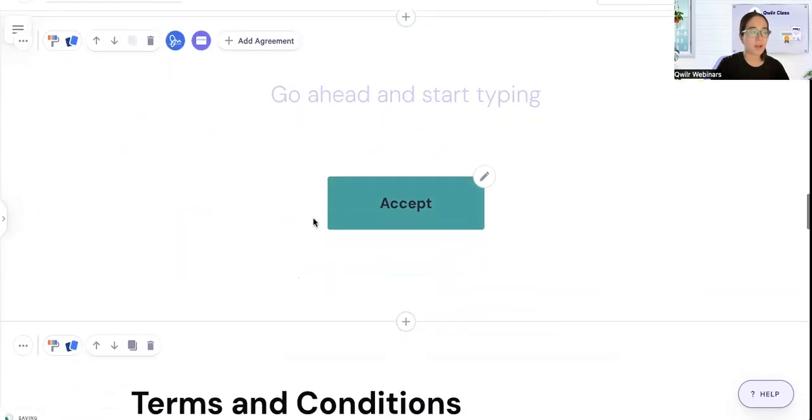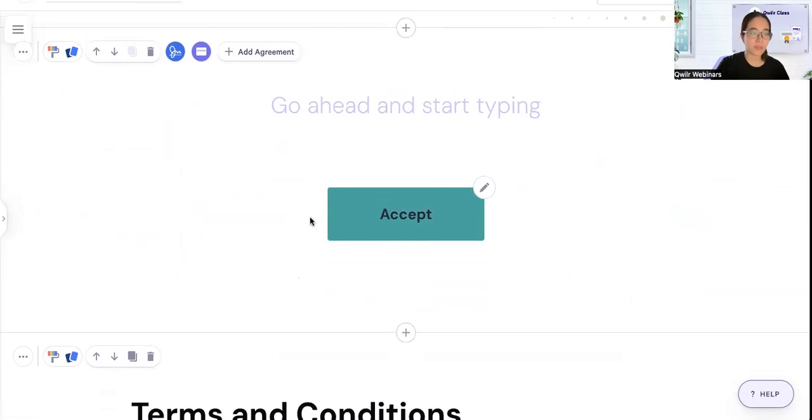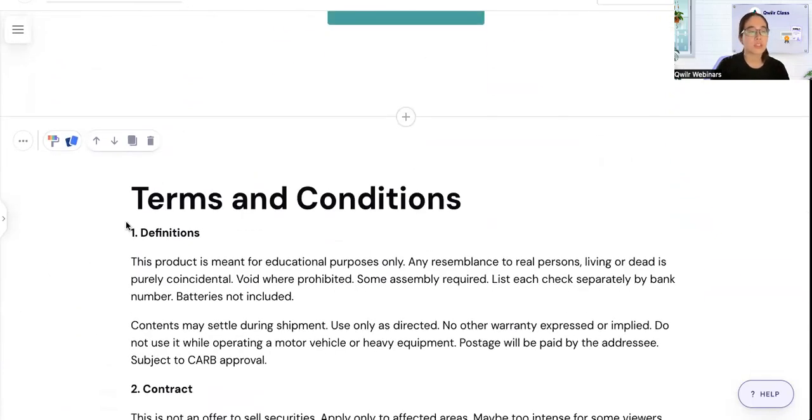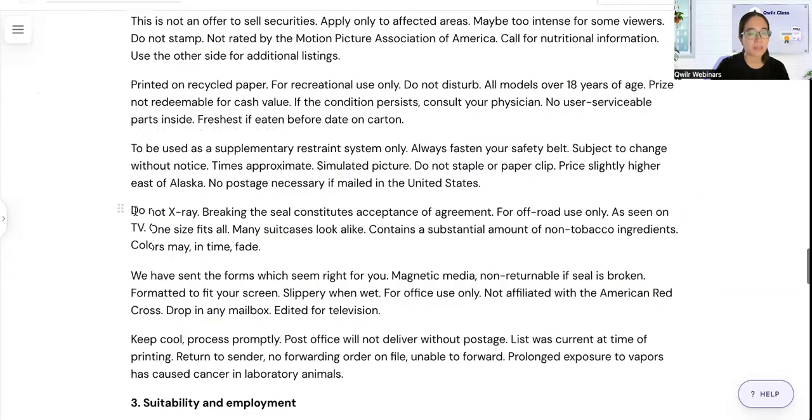Our accept blocks also now come with the agreements feature, which makes it easy to create professional and formal looking documents from within your Qwilr proposals. To add, just click on the add agreement button on the left and choose blank or any of your saved agreements and you're good to go. Since our document already has a terms and conditions section, we're just going to copy the text,